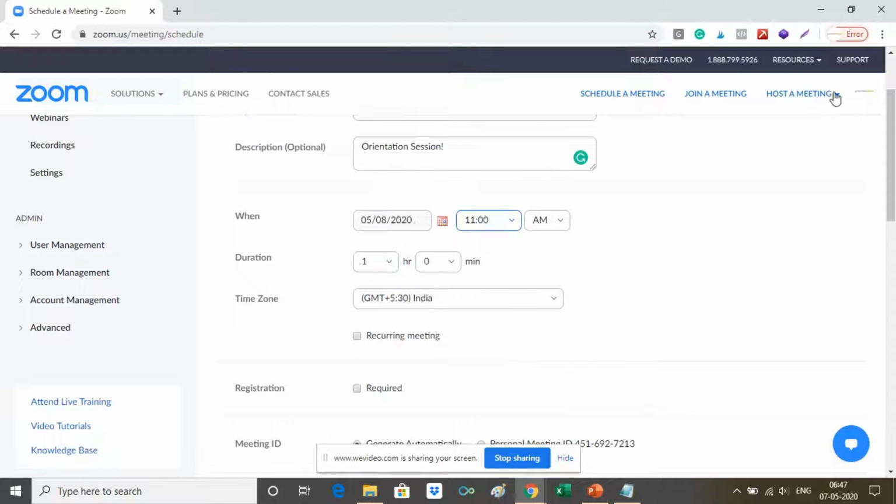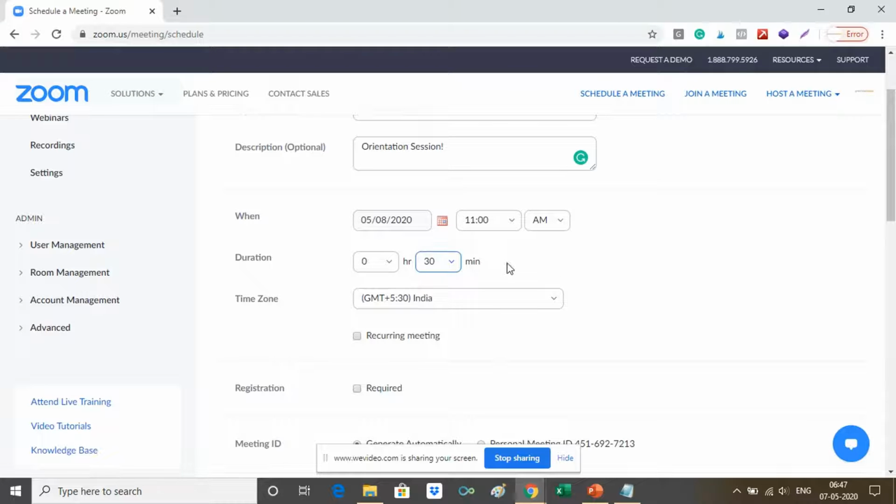Suppose you are not on a licensed version, Zoom won't allow you to schedule a meeting for more than 30 minutes. But because I have purchased the licensed version, there's no limit. So I can even continue doing a session for as long as 24 hours. But an ideal session for playgroup can be 30 minutes. So I'm going to set this as 0 and keep it at 30.